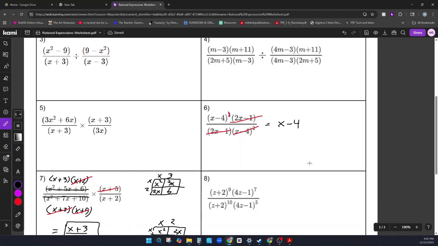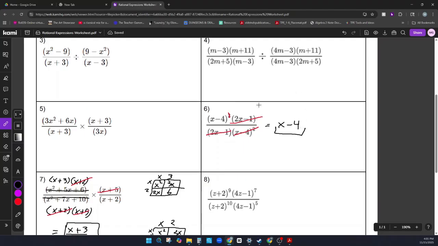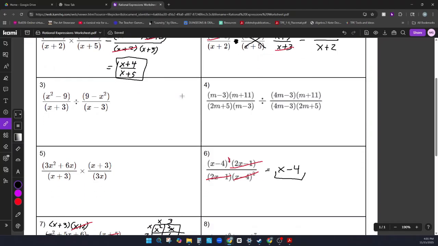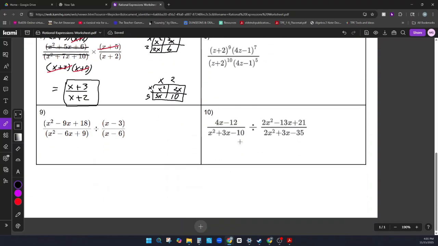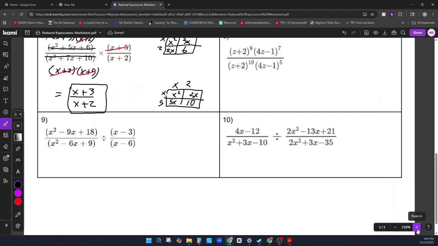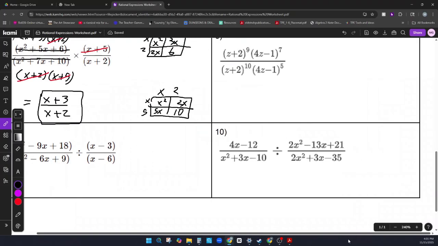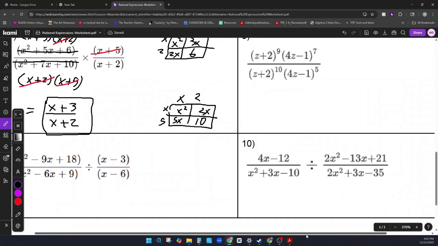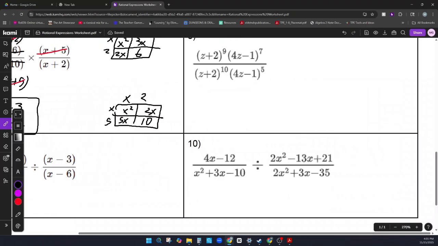So it's not always about factoring. It's not always going to have multiplication or division between fractions. Sometimes it's a matter of cutting, simplifying, and getting your final answer. So I will leave you guys to try the rest of this worksheet on your own, except let me go over number 10, and I'll zoom in just so I have more room to actually write. I'll go over number 10 just because this is the hardest